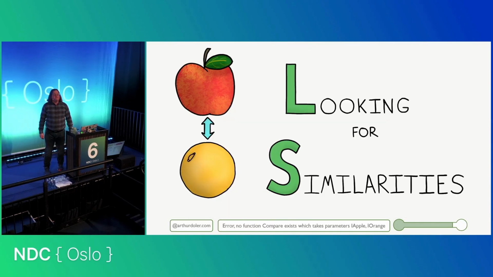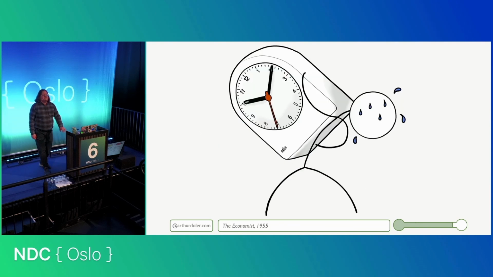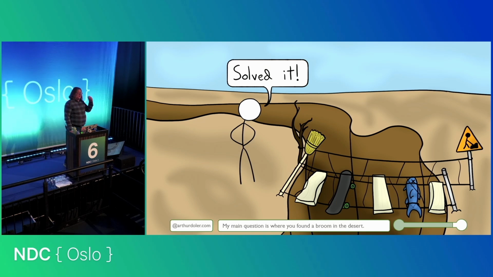You're also looking for similarities. It's not a stretch to say that we just don't have enough time for anything. And in fact, unfortunately, any work we're given is likely to expand to fill the time that we give it. Also, software is really hardly a scientific exercise most of the time. And so when we come up with the solution, it's not likely to be the most scientifically correct or the most efficient solution. It's just a way that worked.